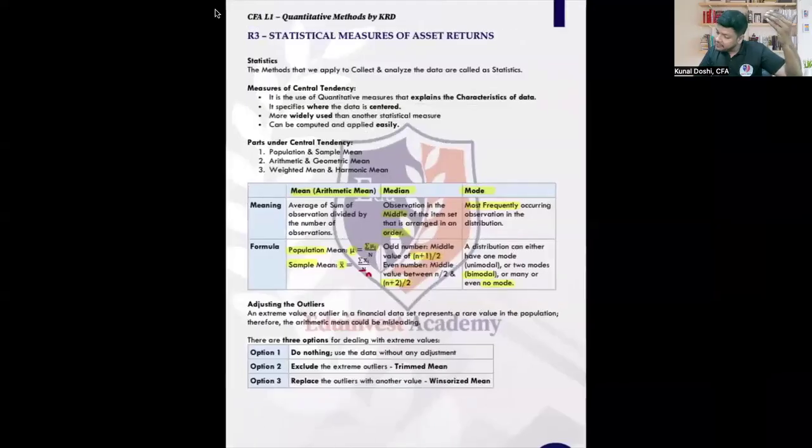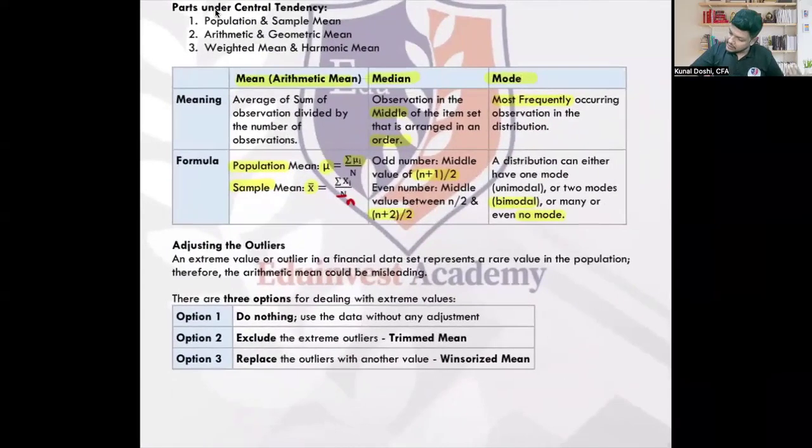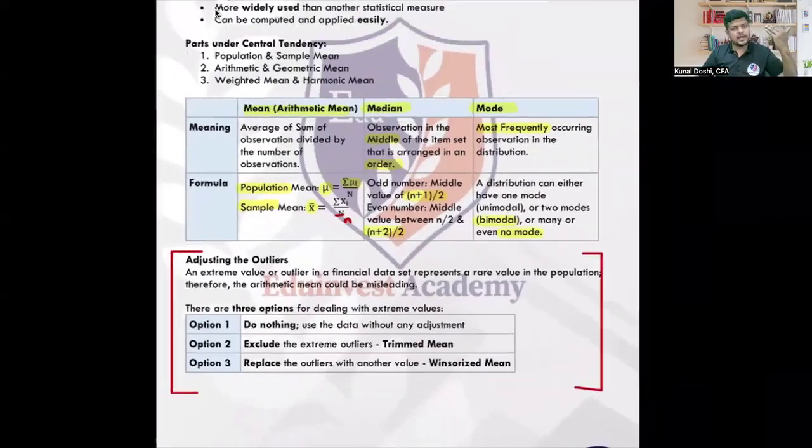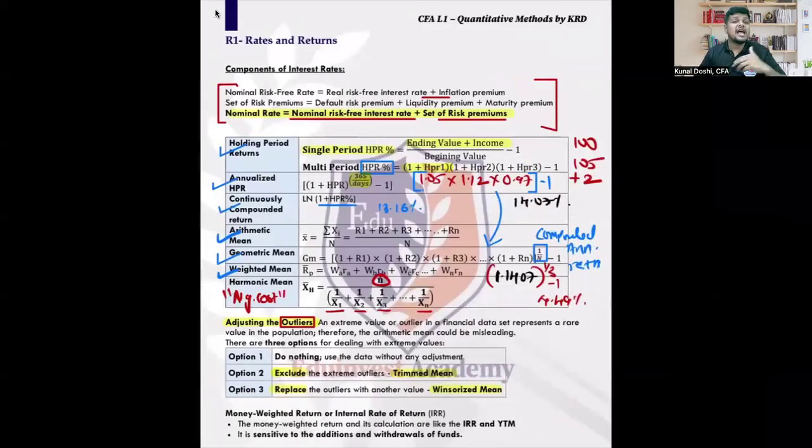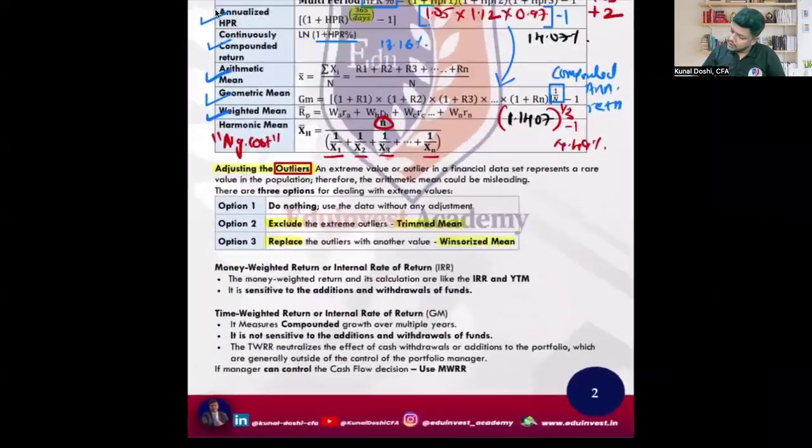It should be the part of that topic only. And therefore, I've kept it here again. So don't worry. Even if you do not want to memorize it right now, ignore it. But I'm just telling you how mean, median, mode are connected, and what if they are not at the same point? The normal distribution diagram will be skewed, and the reason for the skewness will be outliers. Everyone with me? Clear? Okay.